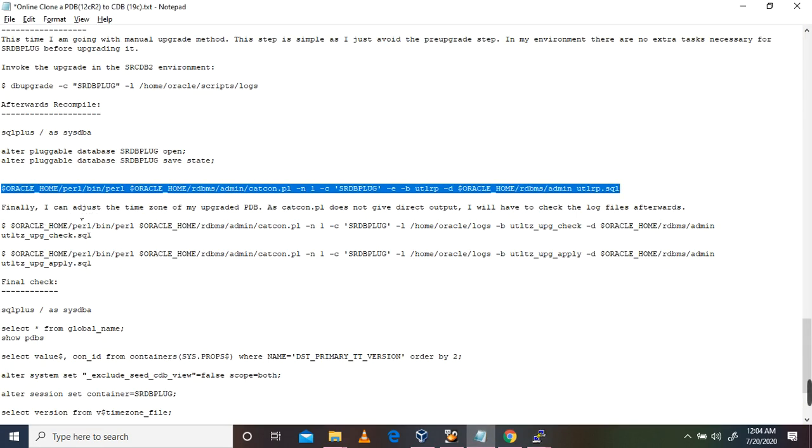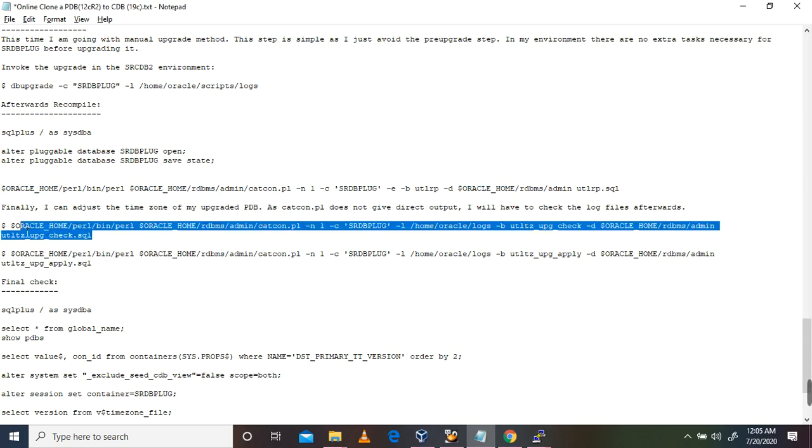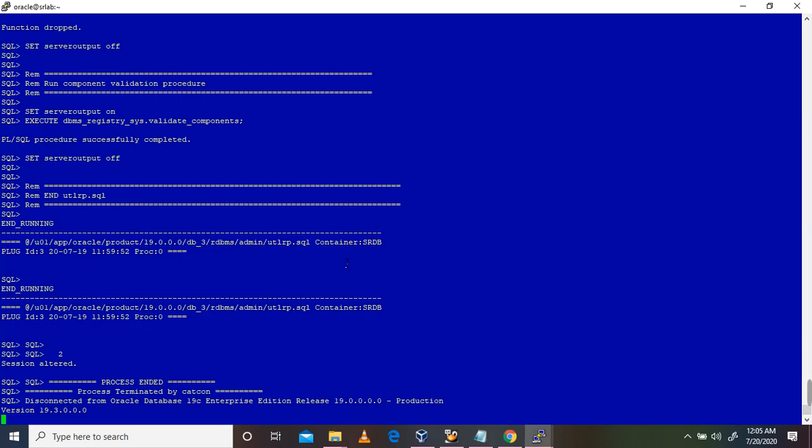Finally, I can adjust the time zone of my upgraded PDB. catcon does not give a direct output, so we will be able to check the log files afterwards. Okay, so after that, I'll run this time zone upgrade.